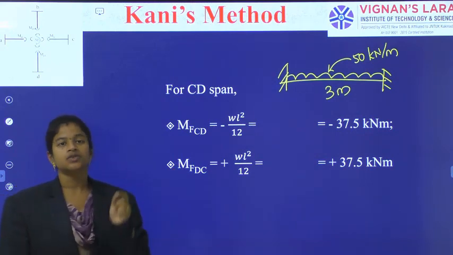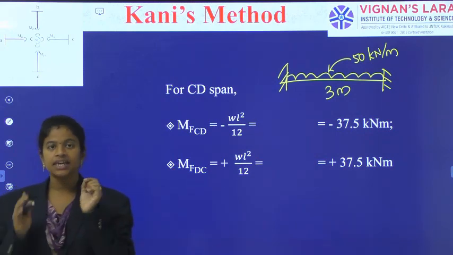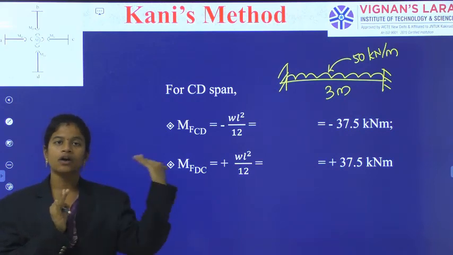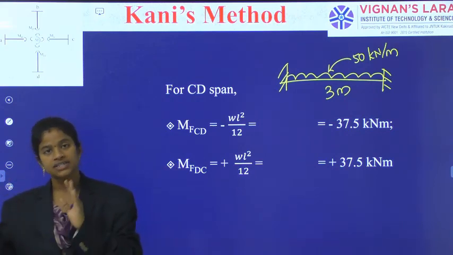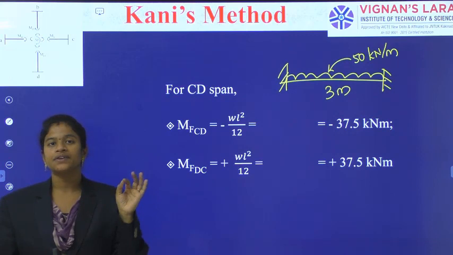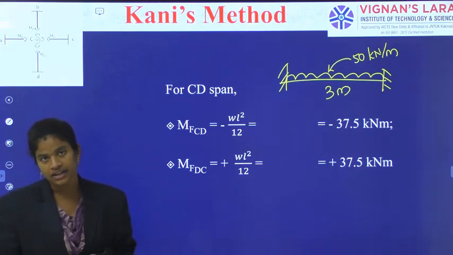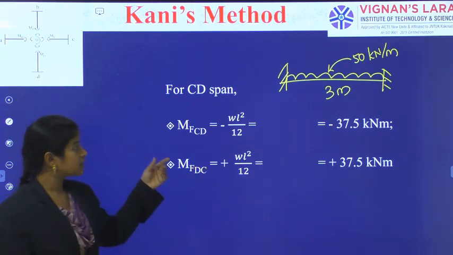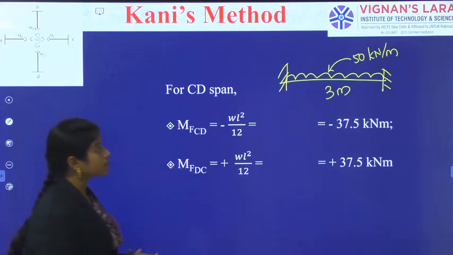Sinking? No, because only the support B is sinking. So, the support B has involved A, the support B has involved C. So there only the resultant fixed moment and the displacement contributions will come, not for all the terms. Okay. So MFCD is equal to